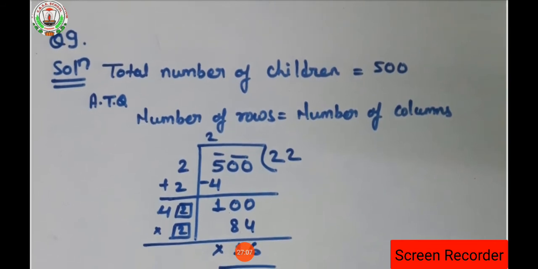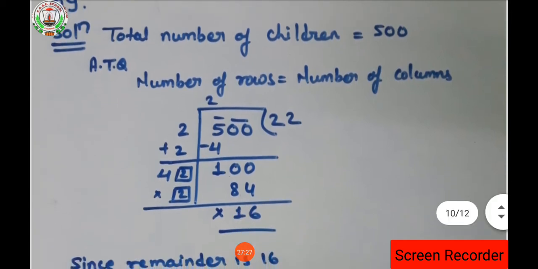So the total number of children is given as 500, and in the assembly the number of rows and the columns of the students must be the same. A teacher says that if you are having 500 children, then the number of rows and the number of columns in the assembly ground should be equal. So for that, the teacher found the square root of 500 by